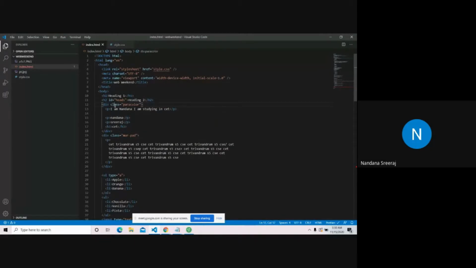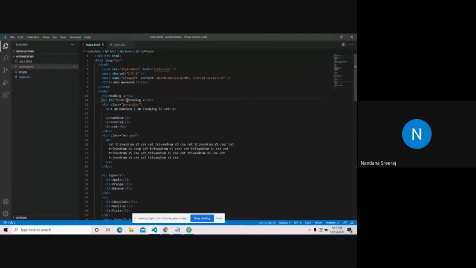ID is something like giving a unique name. We have class names, right? But the class name is actually not unique. We can reuse class names wherever we want. But ID is actually very unique. It's similar to class, but only one thing can have a particular ID. So if this H2 has the ID heads, no other thing in this HTML document can have the ID heads.